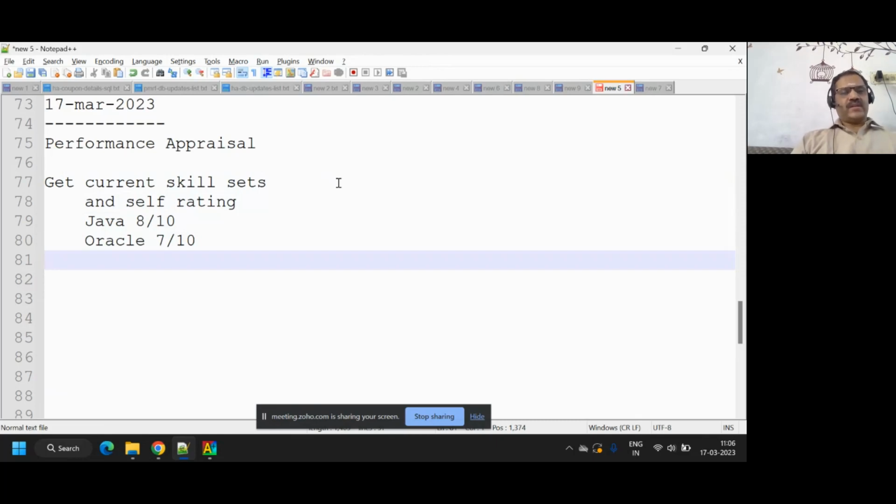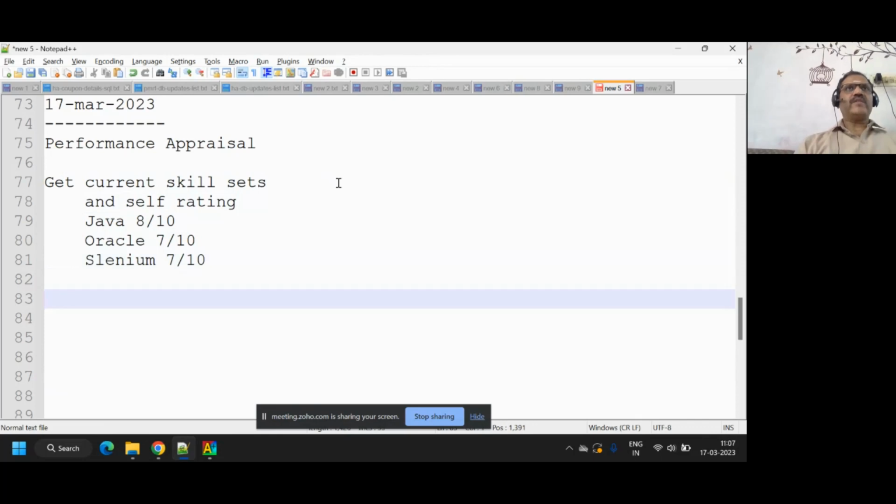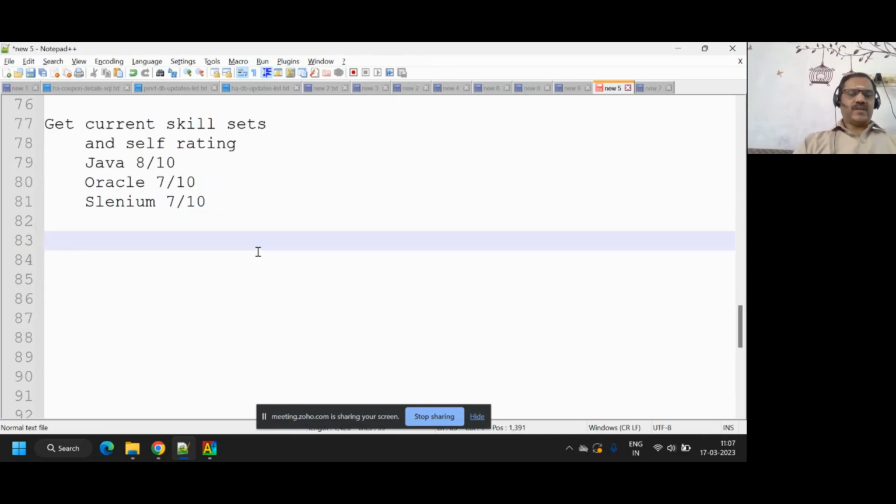This self-rating is called self-assessment, in terms of your current capabilities. Because last May you would have got a performance appraisal. After that you would have learned some courses, you would have gained experience. Currently, where do you stand? If you are a tester, you may have to say Selenium, I am 7 out of 10. It is you giving the rating, your self-rating. So there is a skill matrix created. First thing is this. Second thing is